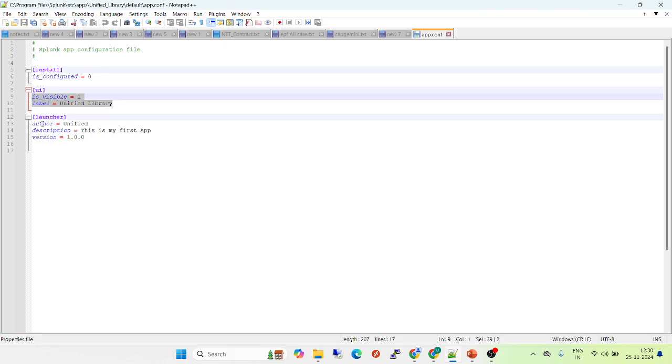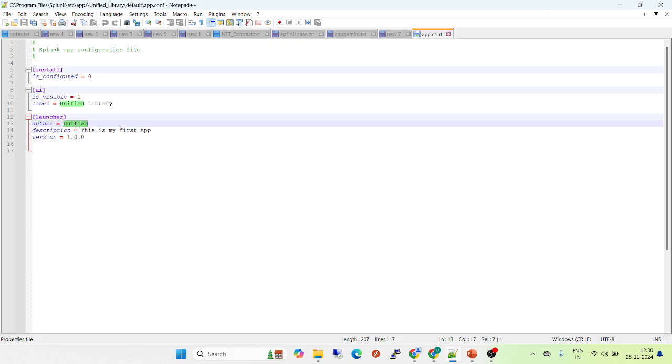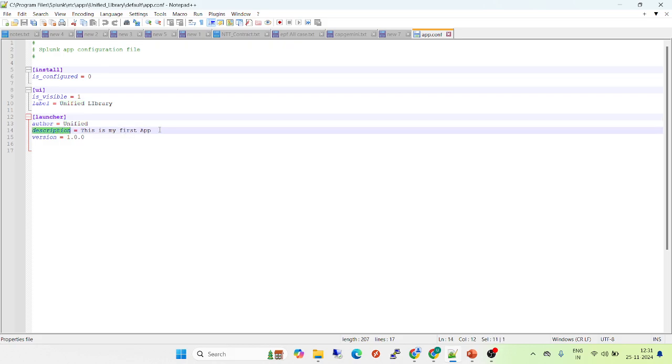Launcher, under the launcher. Author: you can give your name while creating it in any organization, or if you have a generic name you could specify that, so you can contact the person who has responsibility for this app. Either you can give the username, or admin, or your name, according to your environment. The description I just gave is my test tab. Maybe you are creating it for an application, so you can put that description. The version is